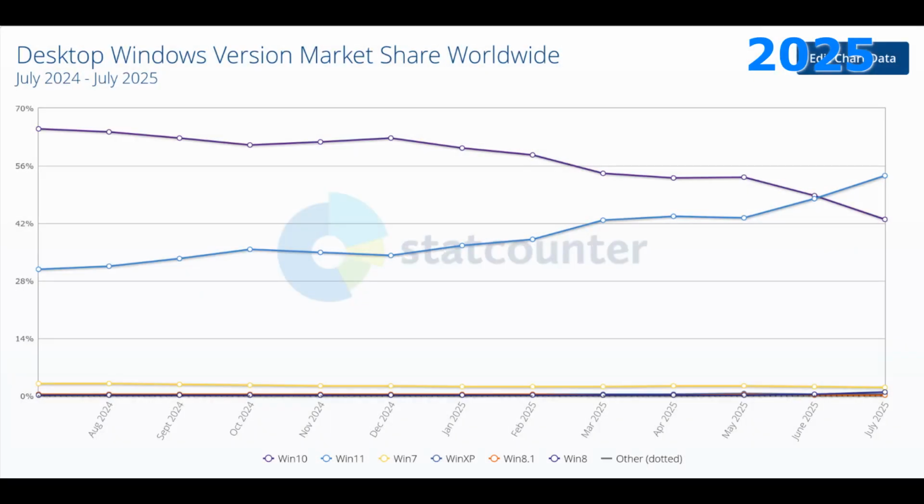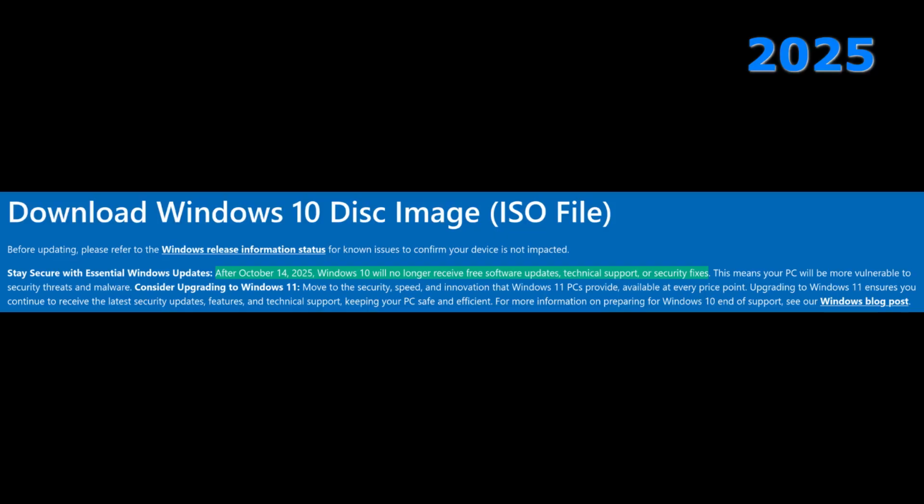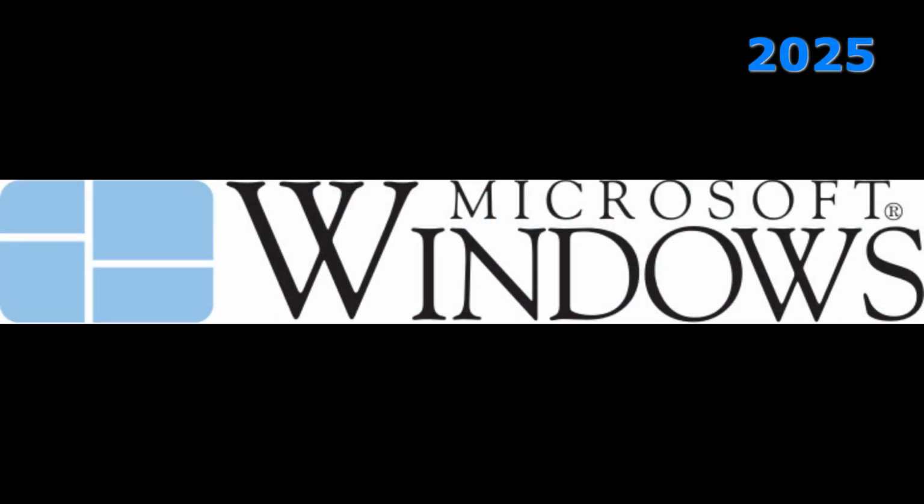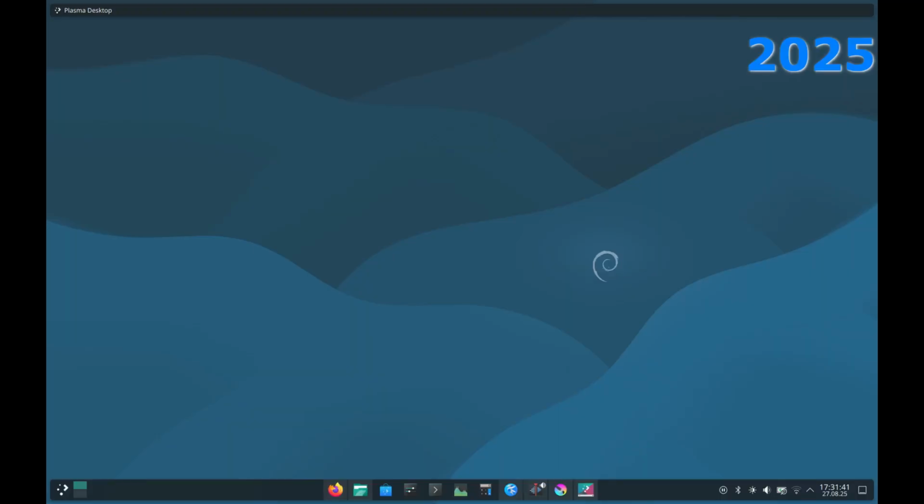Windows 11 has just recently overtaken 10 in its desktop usage, and support for Windows 10 is ending on October 14th, leaving Windows 11 as the only supported edition of Windows. This would be the first time since the beginning with Windows 1.0 to have only one supported Windows release at a time. By the way, I use Linux, so you can do that too.